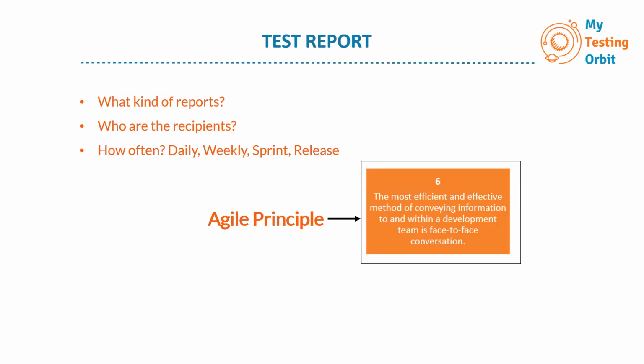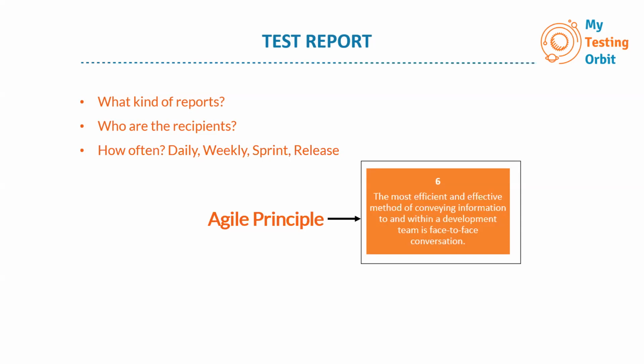This is why we don't do a lot of documentation in Agile, because the team prefers talking to each other. And this is why we have a team, a set of people who are working together. This is why we have daily stand-ups, where people speak to each other, discuss and update each other